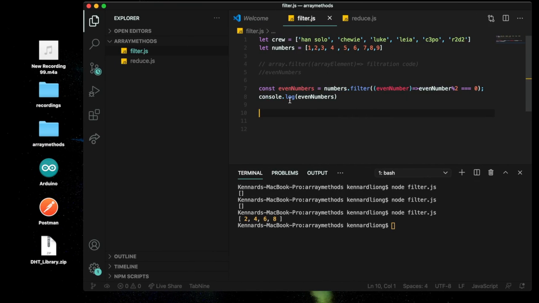Now next, we're going to try filtering long strings, right? And